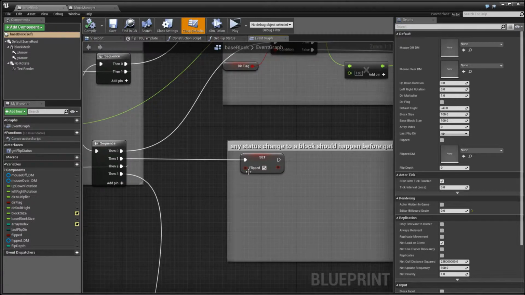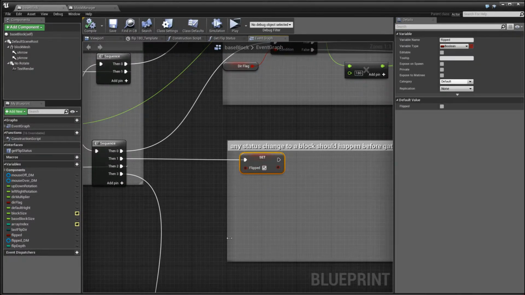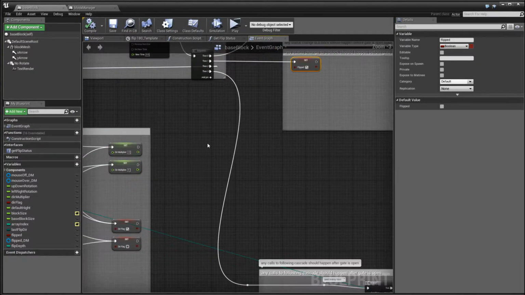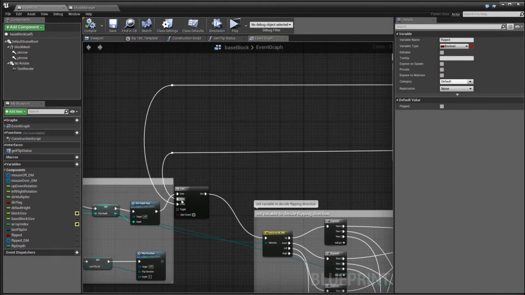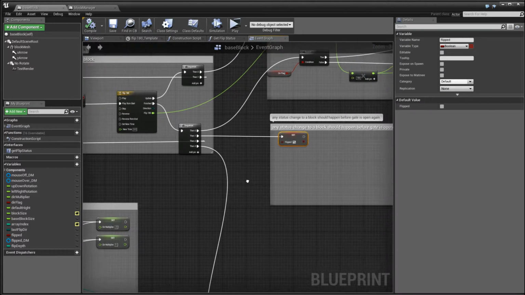So instead of putting set flipped as usual, after it tries to open the gate, we need to actually set the flipped variable before the gate is open.